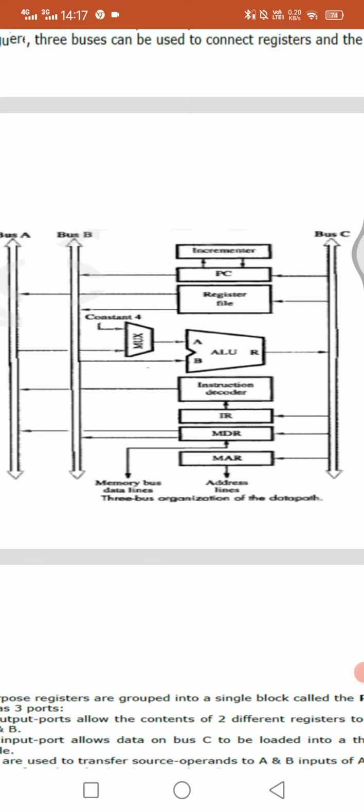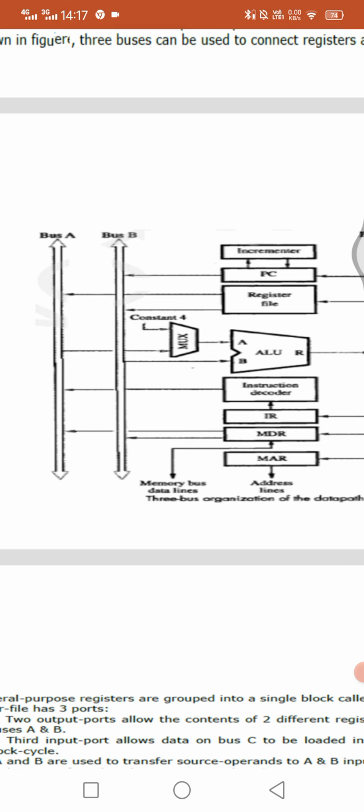Buses A and B transfer the source operands to the A and B inputs of the ALU, where an arithmetic or logical operation may be performed.